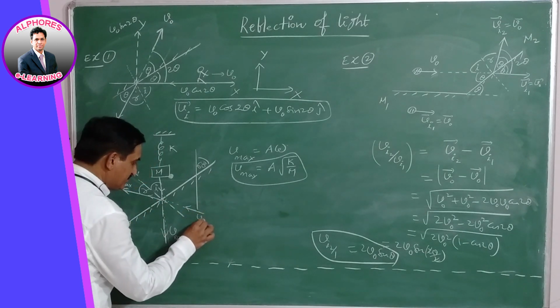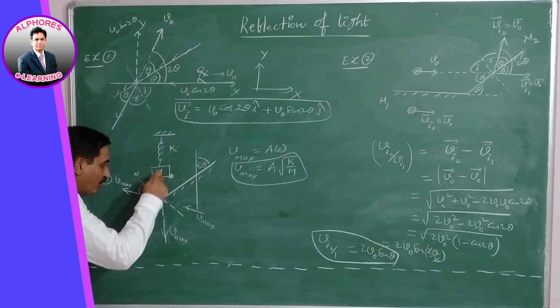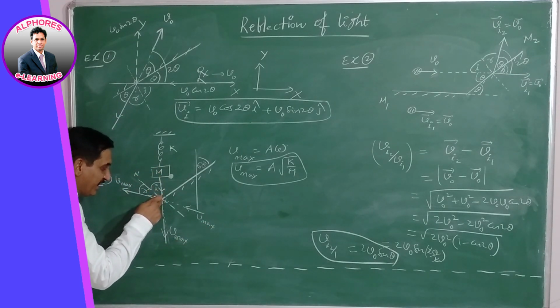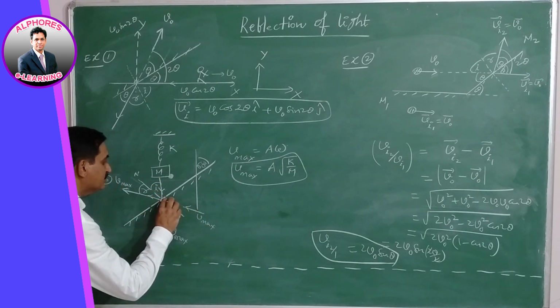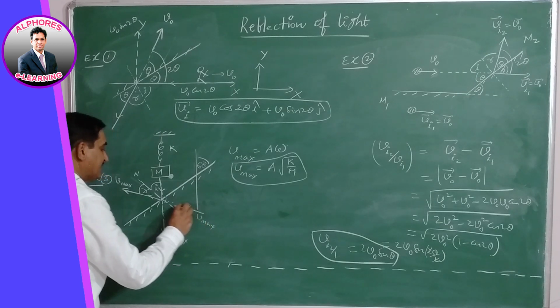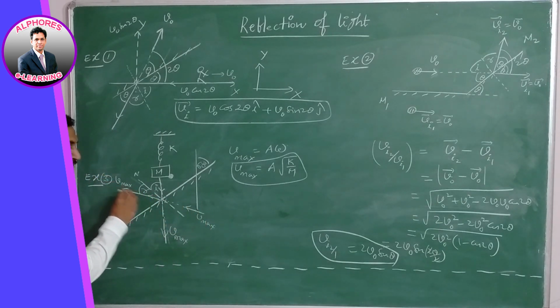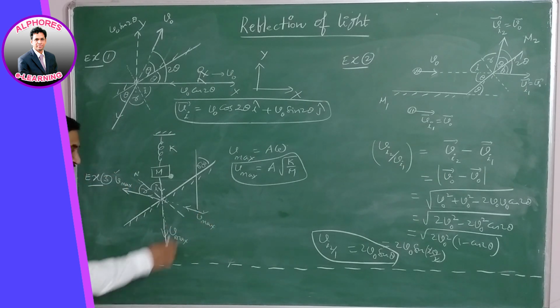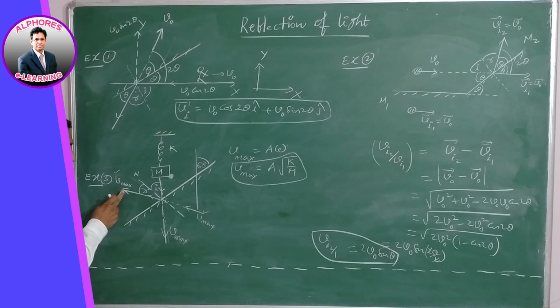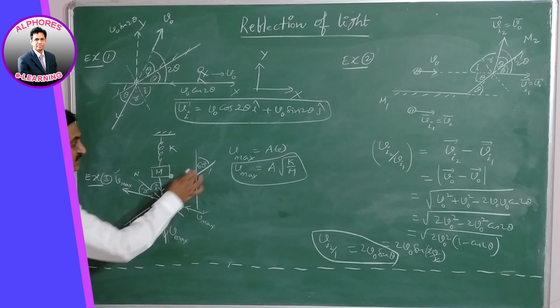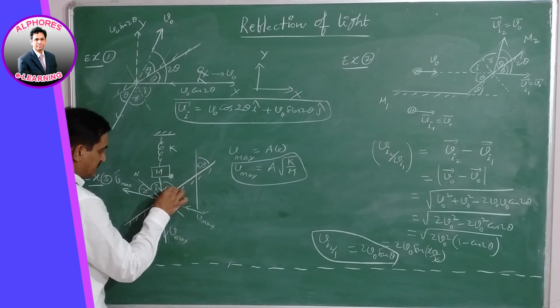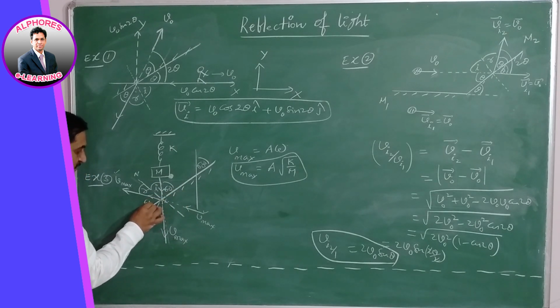This is Vmax. Actually, the object is approaching the plane mirror with maximum velocity, therefore the corresponding image is also approaching the plane mirror. But for our convenience, it is extended further upward, so we show its maximum speed over here. This is the image, and its corresponding value is shown over here. Nothing wrong. This is the speed of the object, vertically downward. Now this angle is 60 degrees, this is also 60 degrees, and the glancing angle is also 60 degrees.